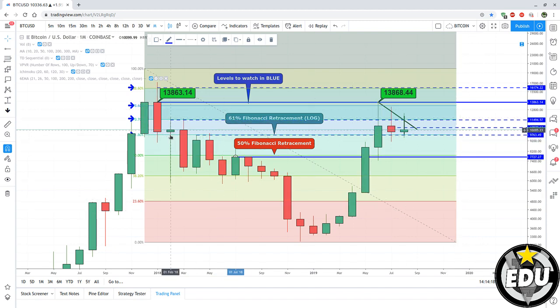Look at this massive wick here that happened in February 2018. I mean, the candle dropped all the way down and closed still above 61%. So the monthly can be really a long-term prediction rather than anything short or a scalp on Bitcoin. So then of course I trace the 50% Fibonacci because it's another important level, and then